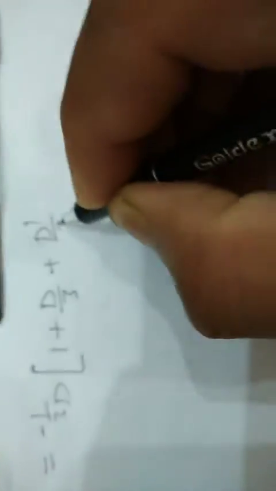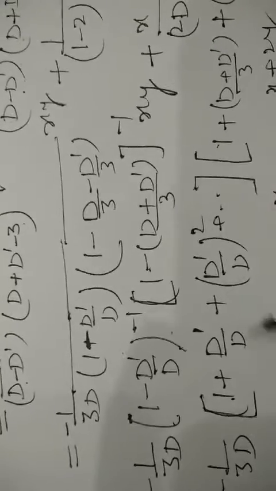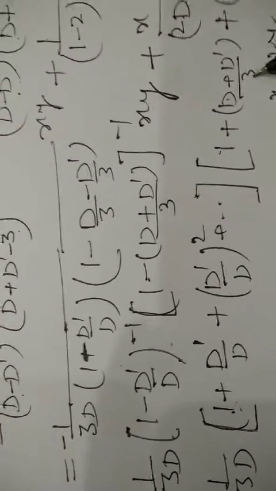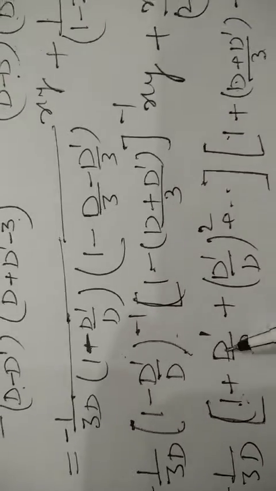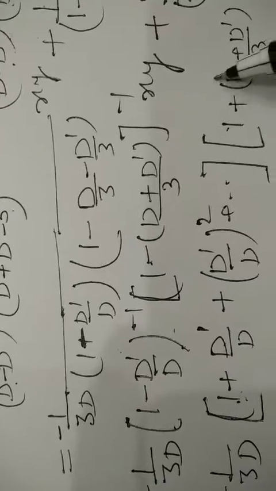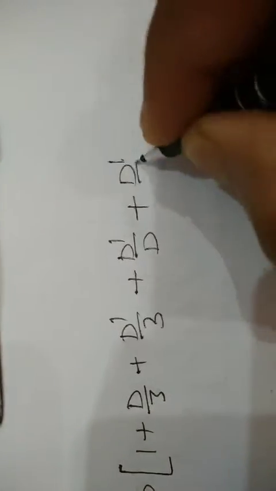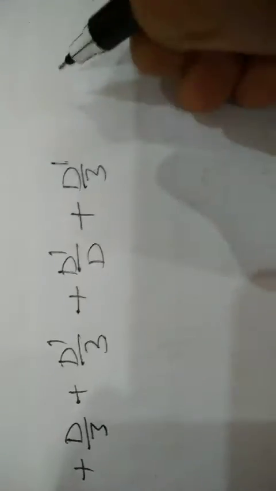minus 1 upon 3D, and this is 1 plus D by 3 plus D dash by 3 plus D dash by D plus, just see here 1 is multiplied to this 1 and 1 is multiplied to this D by 3, D dash by 3, as D dash is multiplied to D dash by D, this D dash D cancel, D dash by 3 again, we will obtain D dash by 3,